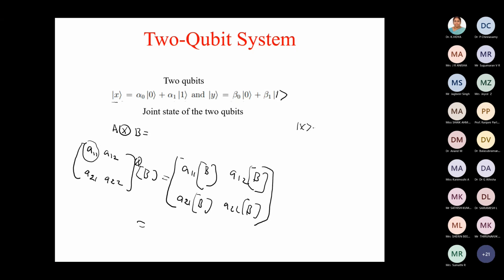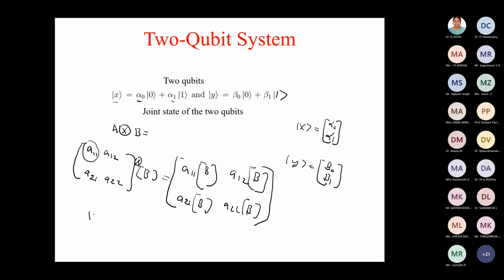So if there are 2 qubits X and Y, how can we write them in vector form? If I want to write it in vector form, what will I write in these vectors? I said that a single qubit system we can represent by a column matrix. So in the X column, what do we write? Alpha 0, alpha 1. Perfect. What about the y qubit? Beta 0, beta 1. Perfect. And this is the tensor product phenomenon.